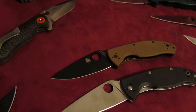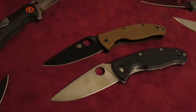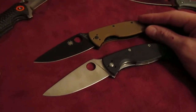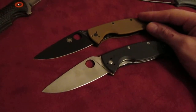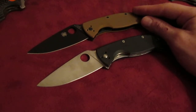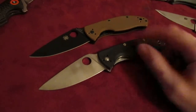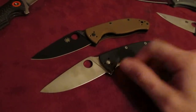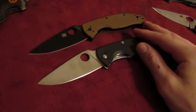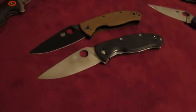I want to say it was Blue Ridge Knives or Blue Ridge Cutlery that had Spyderco do this edition. I got the paperwork in the box, but I don't feel like going to grab it. But they have a few different colors. I've seen brown with a silver blade, brown and black, all black, black blade, and I want to say they have a green G10 also. That one's pretty cool. I might try to pick that one up. And a blue G10 with silver blade. That one's pretty cool. But